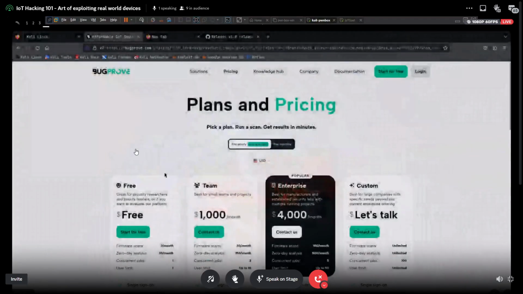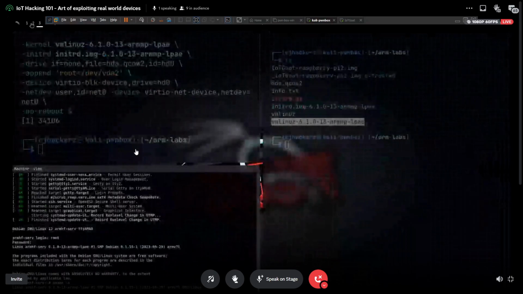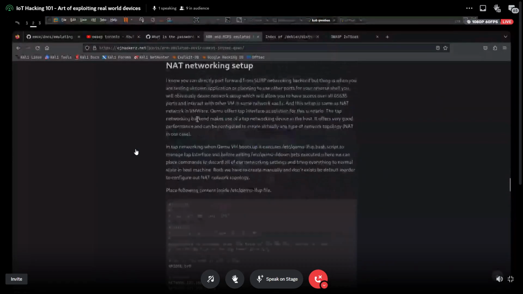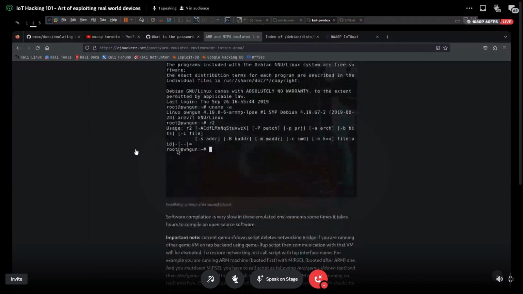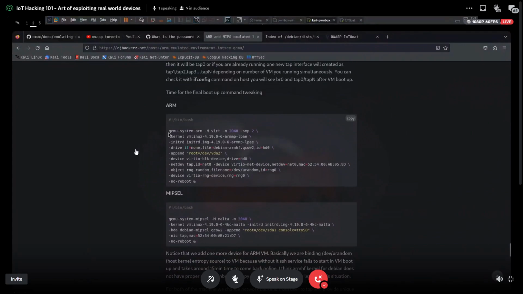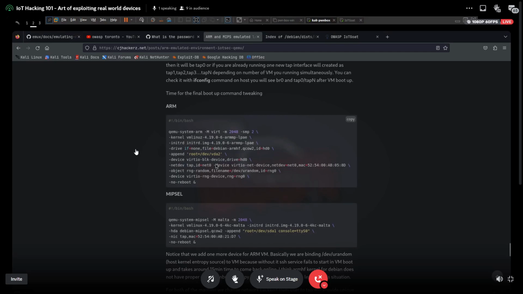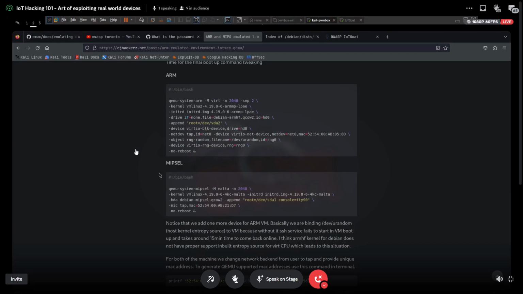And I have expanded on this tutorial on how you can set up the NAT networking, for which you have to set up these two scripts. Once you do that, you change the booting, this stuff over here. You make some tweaks. It would have the networking part. You just add this line basically, and it will set up the NAT networking, and it will boot the entire thing inside the NAT network. And you would be able to SSH, and do all the tasks you would do on a typical virtual machine.